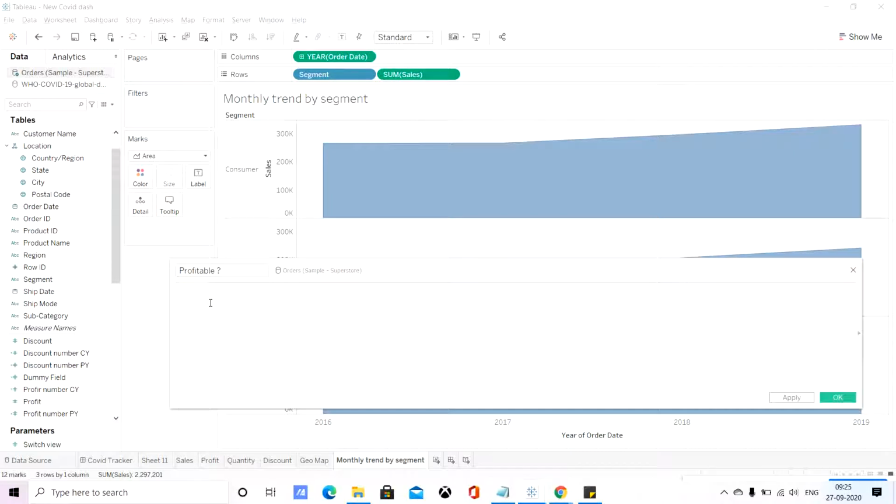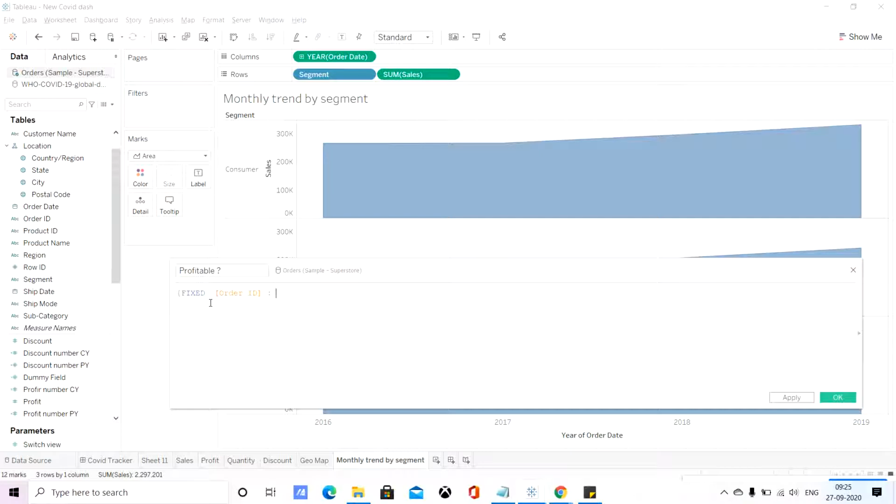For that I'm going to write a LOD function, because the dimensions I have used in the view are year and segment, but I'm going to define the profitability in terms of Order ID, because at the very granular level I have Order ID, and for each Order ID I'm going to see how many of the sales were profitable or not. So I'm going to write FIXED at Order ID,